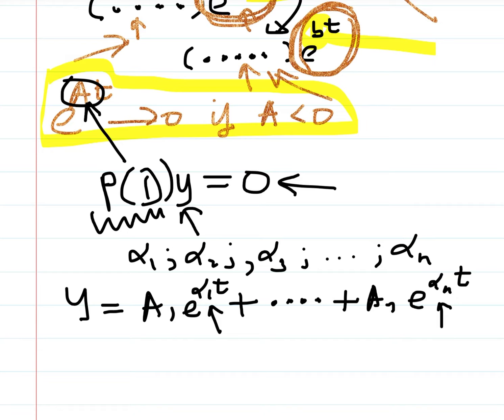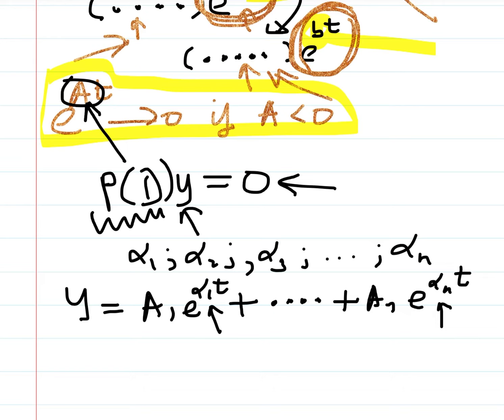That is, alpha 1, alpha 2, right up to alpha n will have to be negative. That means all the roots of the polynomial p of D will have to be negative for this solution to go to 0, or decay to 0. What happens when these roots were